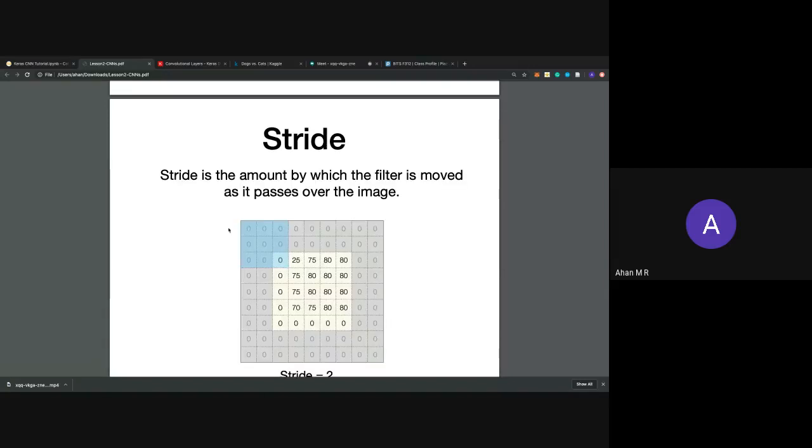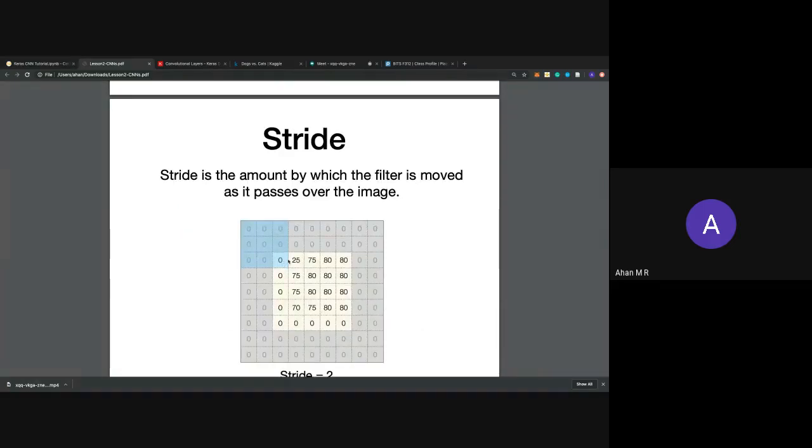Stride. Stride is the amount by which the filter is moved as it passes over the image. It's basically how much you're translating at every operation. Considering this blue colored thing is my filter, once I move my filter, if my stride is 2, I'll be moving 2 steps forward.